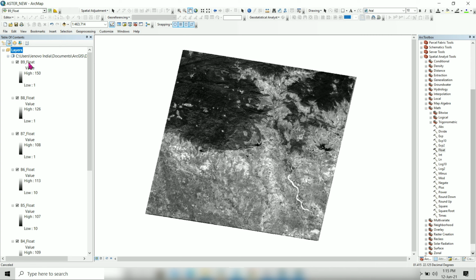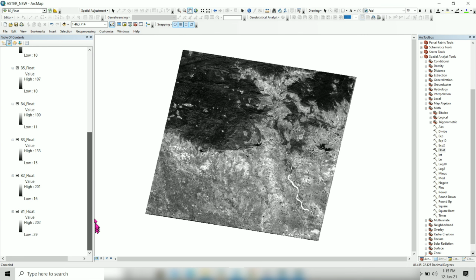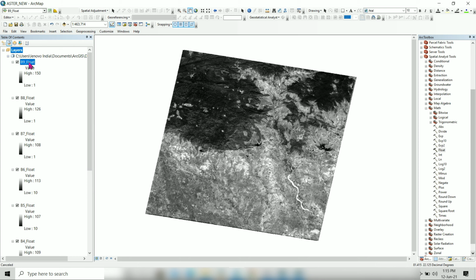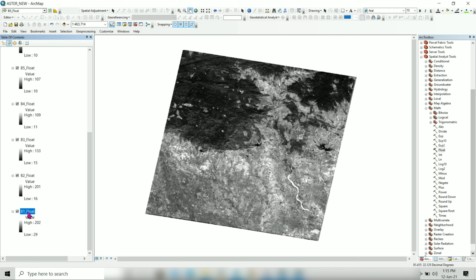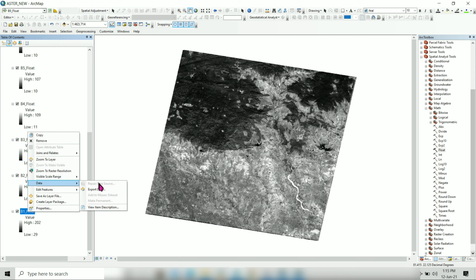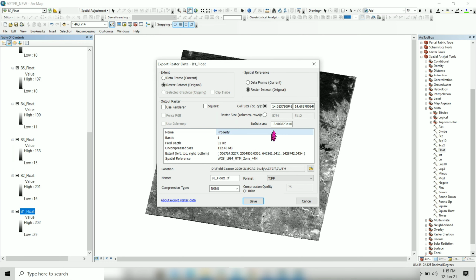And here you can see in the table of contents I have converted all the 9 bands into float. Now from the default output raster file I have to export all the 9 bands into a specific folder. So now go to Data and Export.